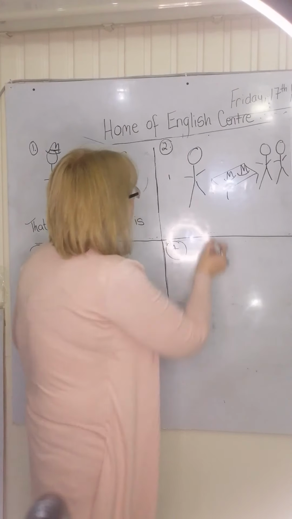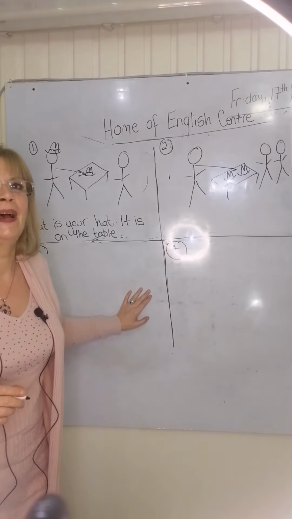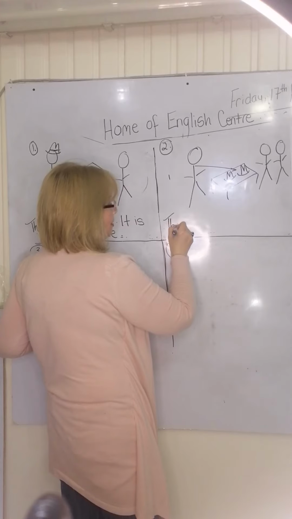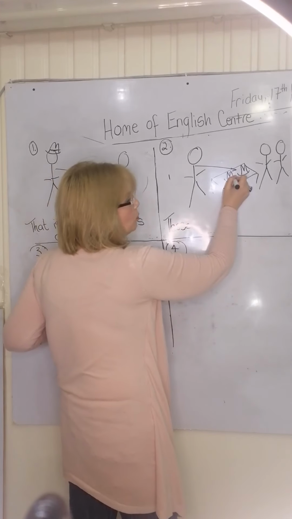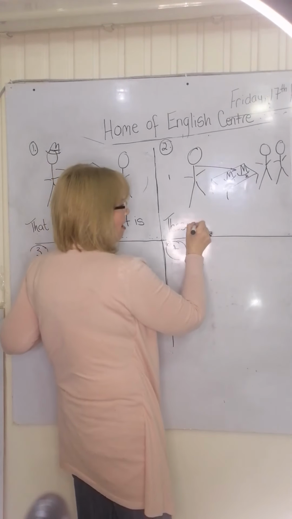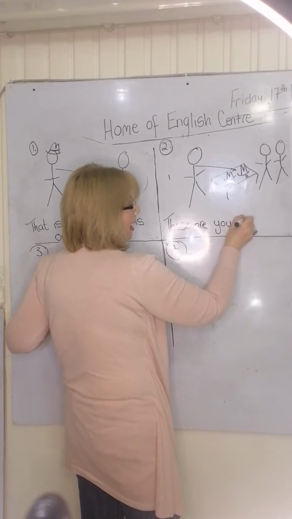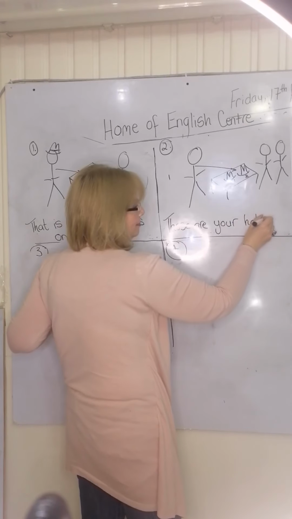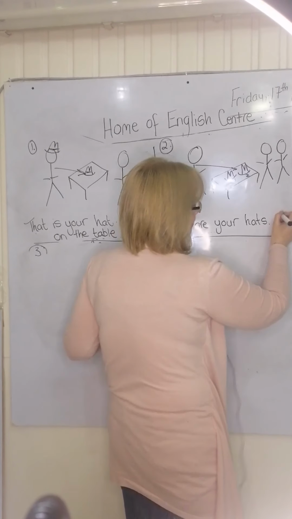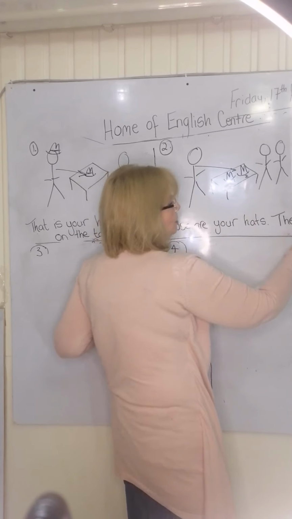So John is pointing to the hats and he's saying those, because there's 1, 2, those are your hats. Those are your hats. They, because there's 1, 2, are